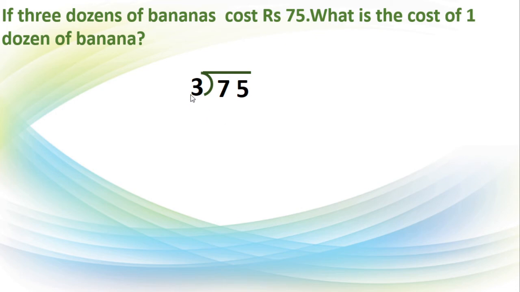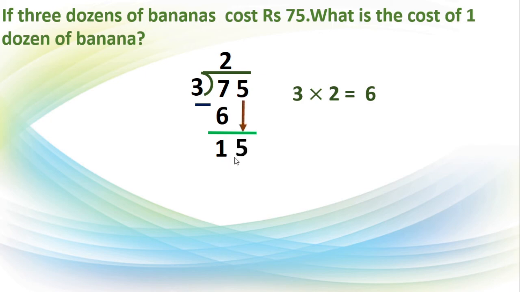Right? Now see dear children, here 7 in the tens place and 5 in the unit place. We will go for this first, isn't it? Now 3 is much smaller than 7. So we will go for 3 table. 3 ones are 3. 3 twos are 6, isn't it? So we will take 3 twos are 6. Correct? Now 7 minus 6 is nothing but 1. Now 1 is smaller than 3 now. So we will take this 5 down.